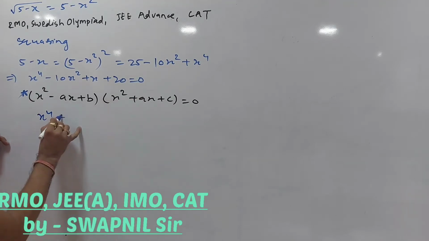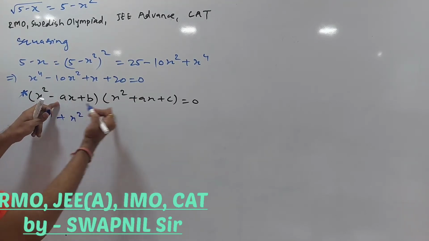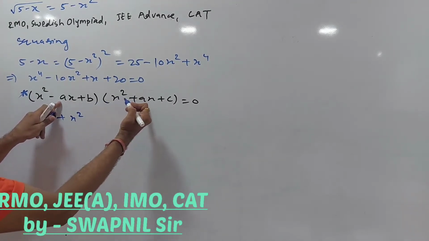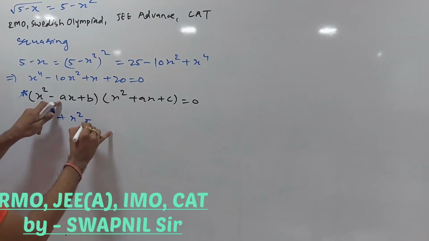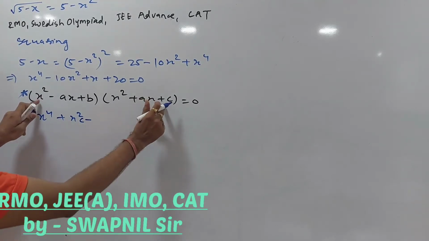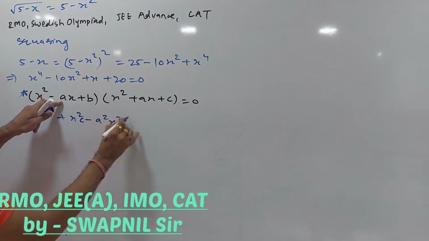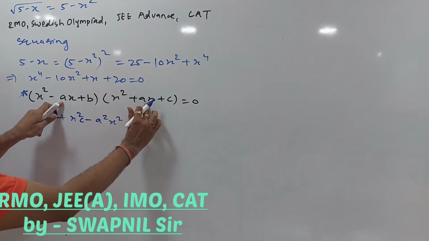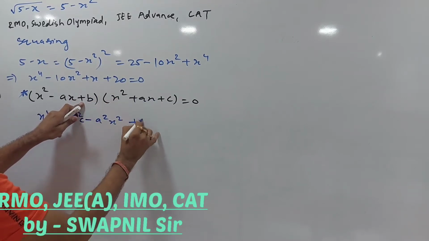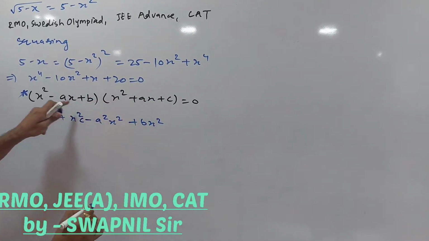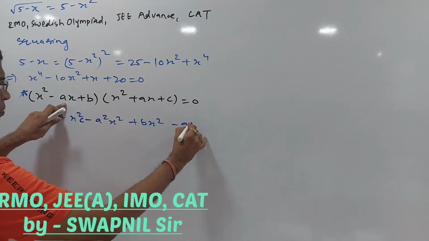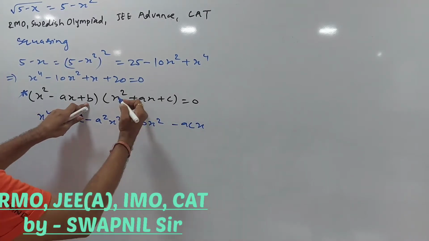Then plus x square c. This gets cancelled, so this is minus ax plus ax, which is minus x square c. It was x square c minus a square x square. A square x square, check this, minus a square x square. Now plus bx square. I am taking the x square terms together first, and then minus acx plus